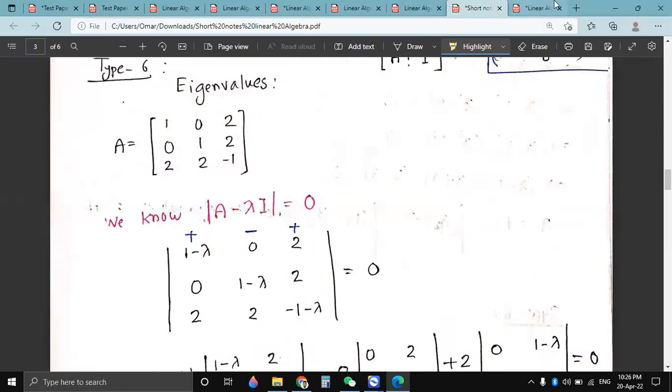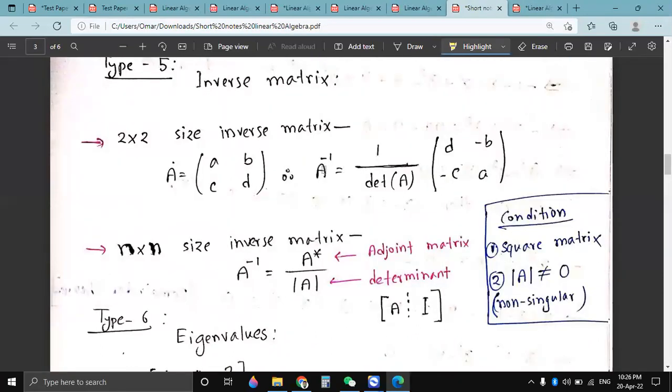Formula for inverse, it is an inverse matrix, right? So formula for inverse matrix is here: